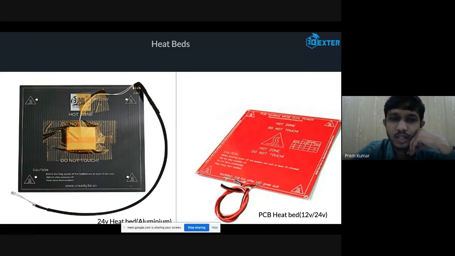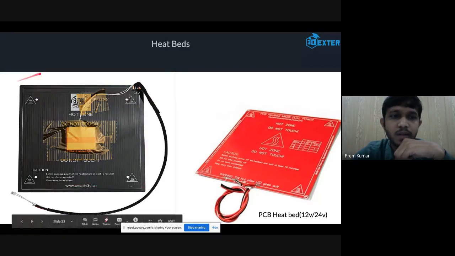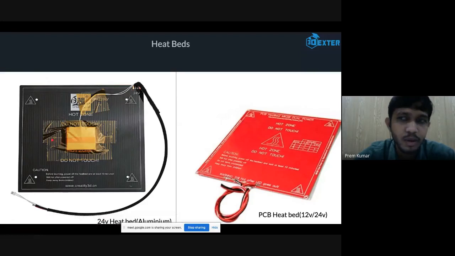If you look at heated beds, we have two different kinds here. There is one more kind also, I'll tell you about that too. The one we are seeing here is an aluminum heated bed. The black thing is completely aluminum.